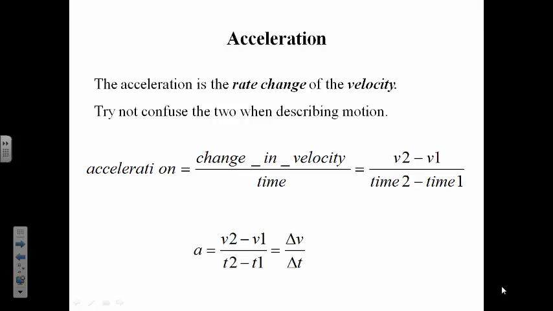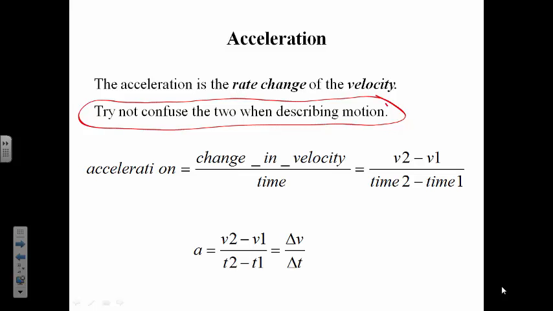And the big highlight is, try not to confuse accelerations and velocities. Velocity is how you change your position, acceleration is how you change velocity. So we're going to define our average acceleration as the change in velocity divided by time. A change in velocity would mean we'd have velocity 2 minus velocity 1, over time 2 minus time 1. And whenever we have a change, we can use our little delta symbol. So we have delta v